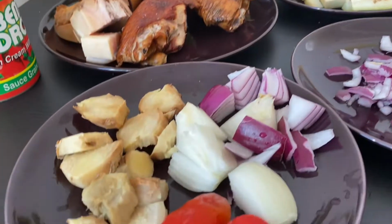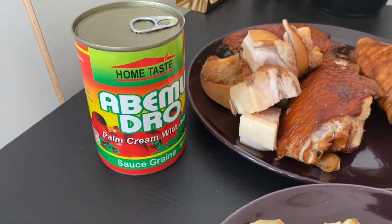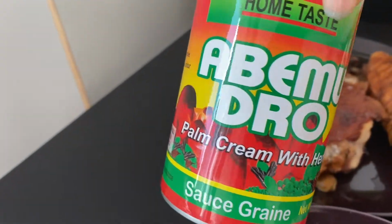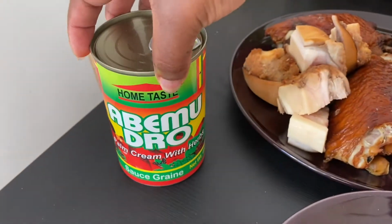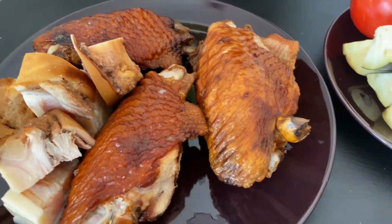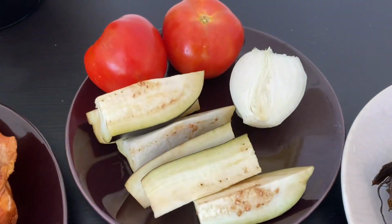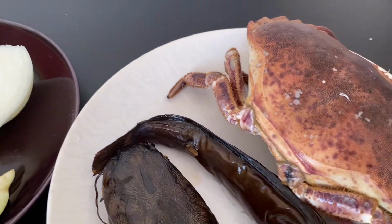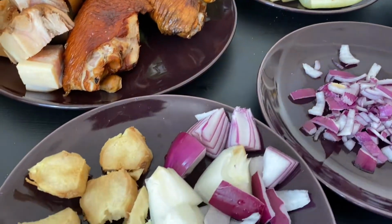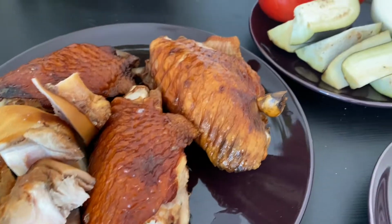Now, a quick disclaimer, I am aware that palm nut soup is made with only dried fish or meat. However, I did twist it a bit and I added some fresh meat in the beginning. But you are welcome, of course, to use only dry meat and dried fish. Now, talking about the fish, I used some dried catfish, also known as Adwene, some crab, smoked turkey, smoked mackerel,